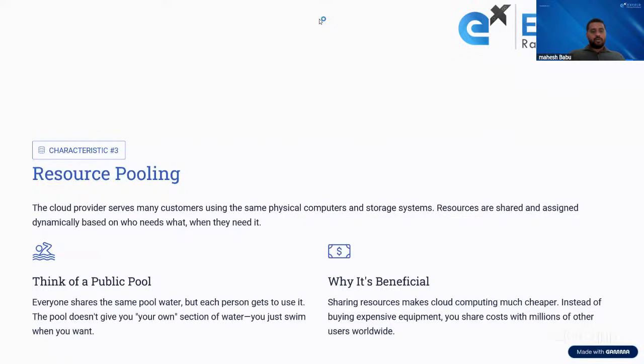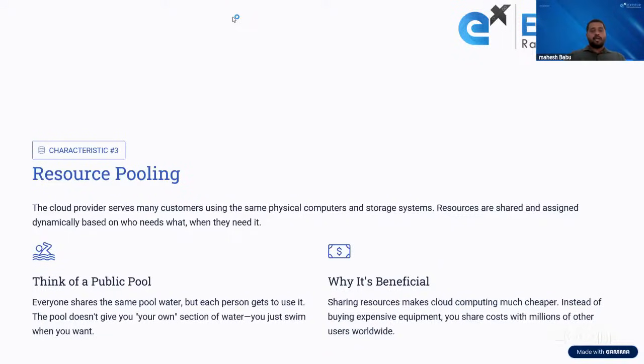Okay. So yes, thank you so much, Kumar sir. Kumar sir has given a very good answer, you can see that, with a clear explanation as well. Thank you, sir. So yes, I can see the resource pooling answer here.